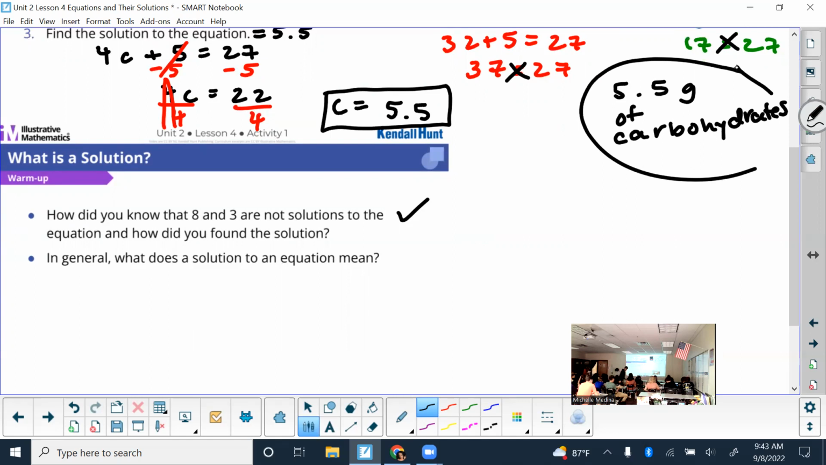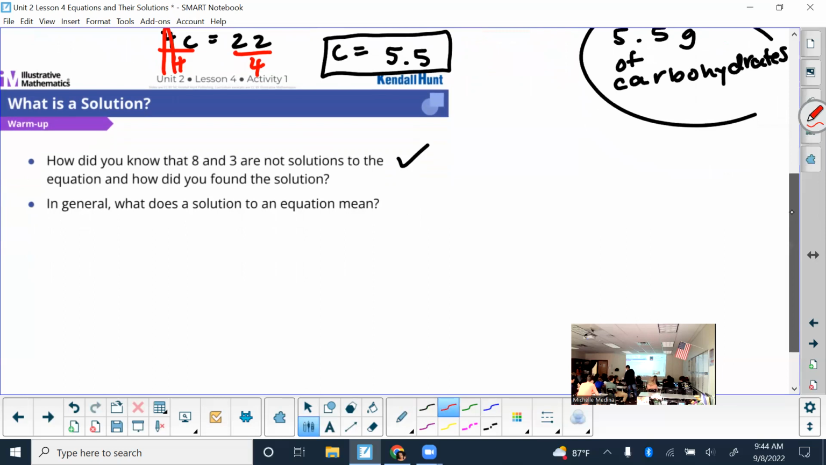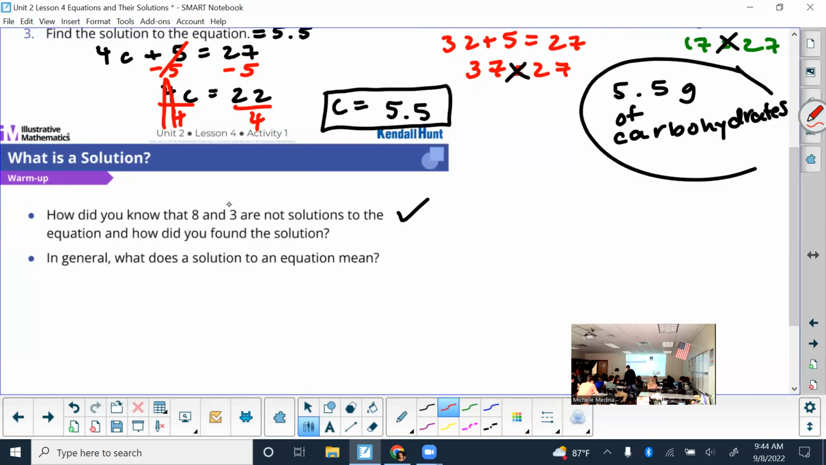But in general, what does a solution to an equation mean? How would you generalize it in your words? So the solution to this equation was grams of carbohydrates. The solution to any equation would be